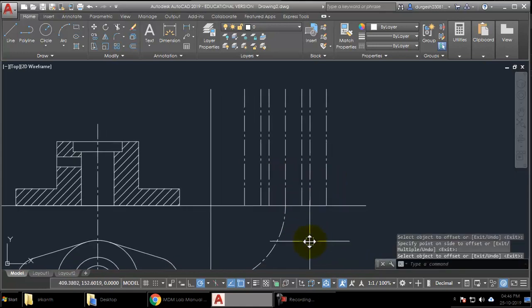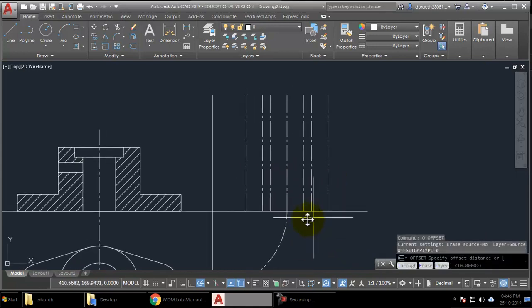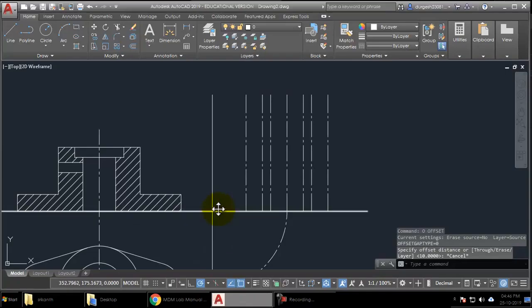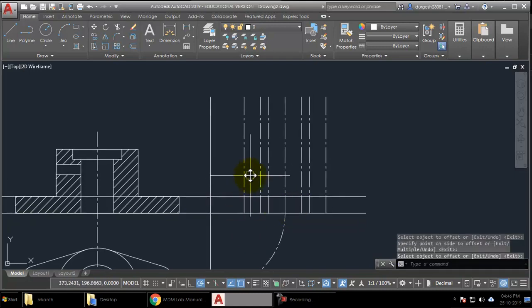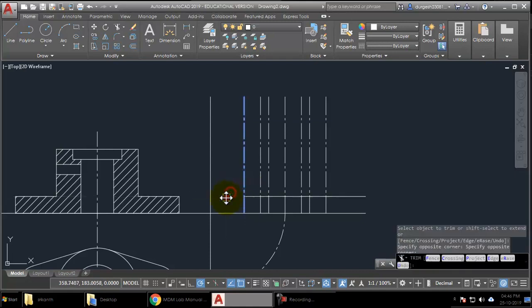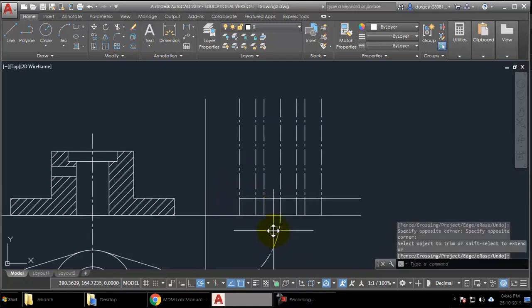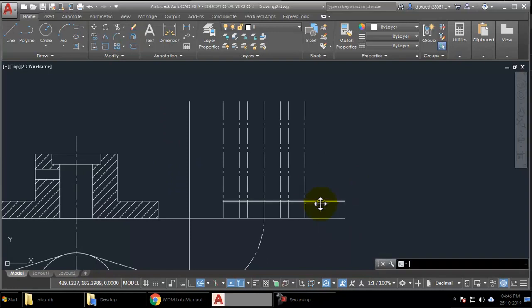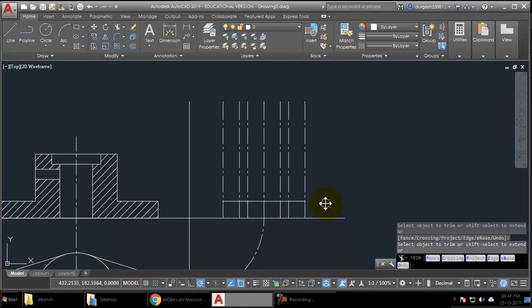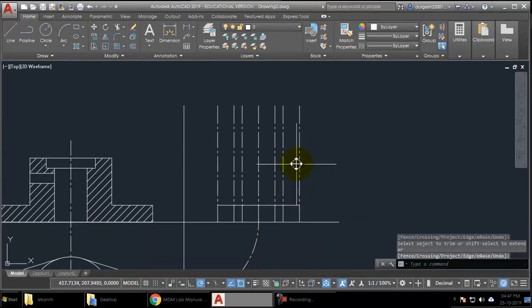So once I've done that, take an offset of, what is this distance? The height is 10, so offset of 10 from the baseline, and you can trim this off up to this line. Okay, so when you see here, this complete cylinder will be appearing from top to bottom. So this edge over here, this generating line, will be completely visible, so we'll have to retain it as it is. I'll trim this off, and this total line will be present.